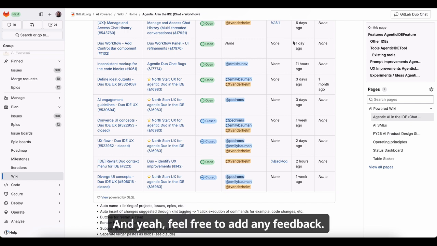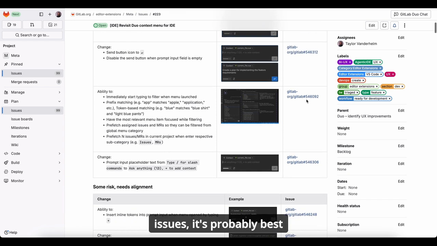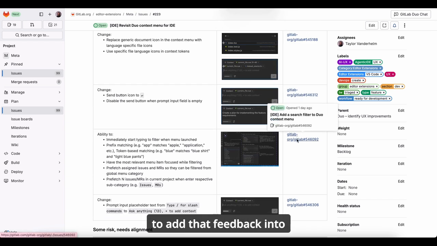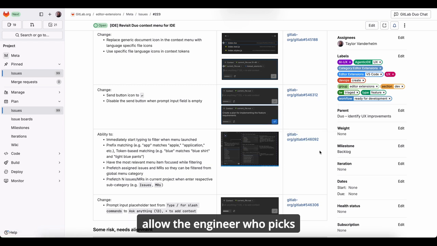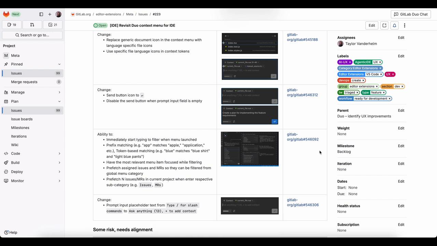And yeah, feel free to add any feedback. If you have feedback on individual issues, it's probably best to add that feedback in the specific issue rather than this parent issue, because that will allow the engineer who picks up the issue to see that feedback and have that history rather than having to dig back into this